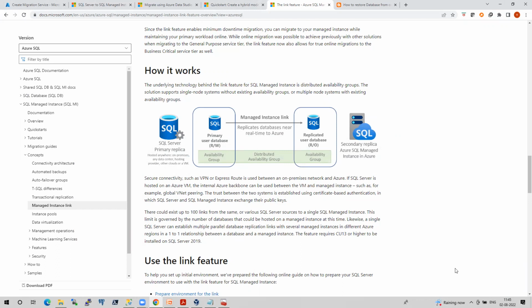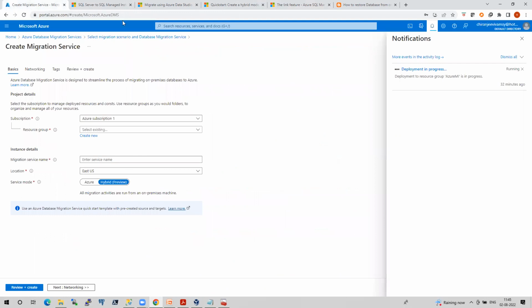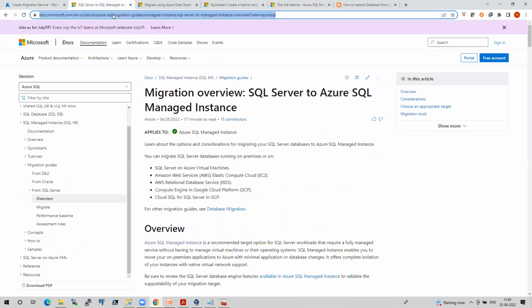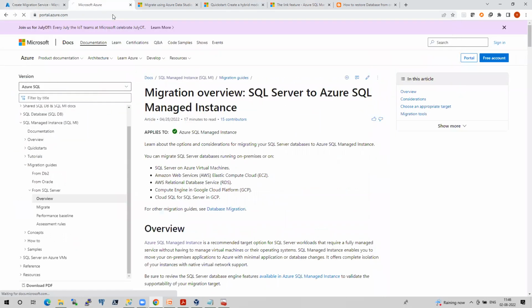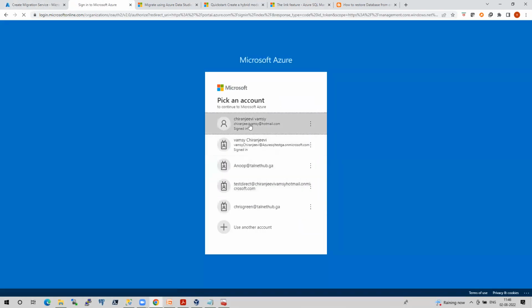Because in MI we have multiple replicas available internally. So if something goes wrong, it will take care. That's absolutely fine. But it is only within one region. It is only bounded to one region, for example, West Europe or North Europe. While selecting, I believe there are two options. One is the geo redundant option also. Generally, geo redundant is only for backups. So let me show you that.